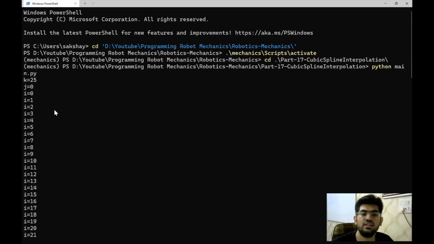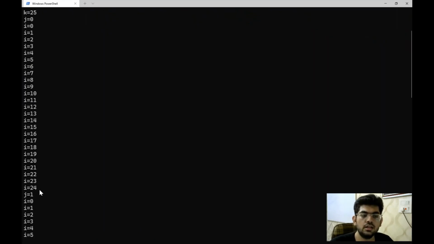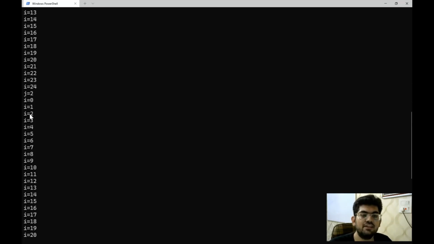Now, if we calculate what is the value of i plus j times k in the part where j is equal to 0, we can see that it takes values starting from 0 till 24, right? And then after j has taken the value 1, now we calculate the different values. We can see that it takes values starting from 25 till 49, right? And if we take j equals 2, the i plus j times k value starts from 50 and goes till 74. And finally, for j equals 3, the value goes from 75 till 99. And this is the calculation that we're doing.